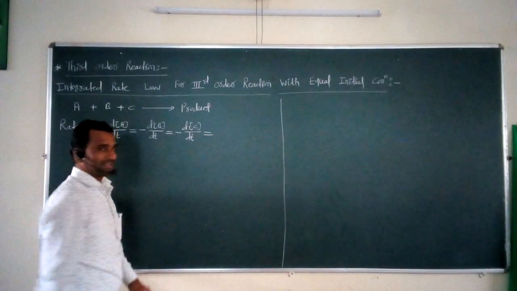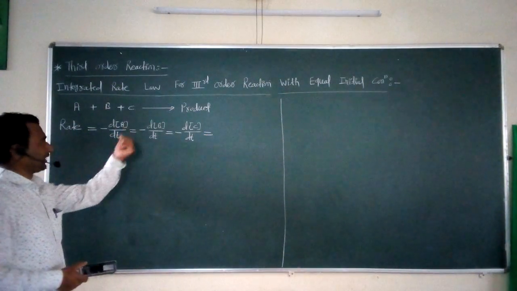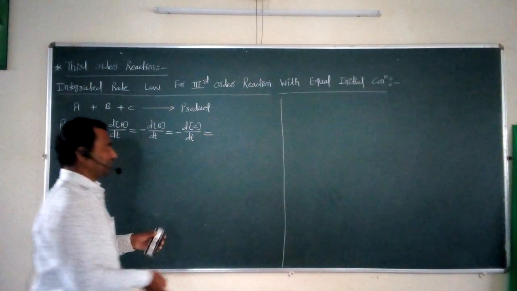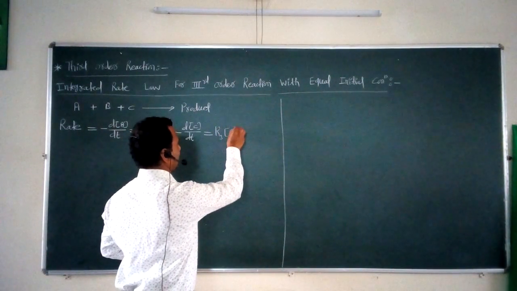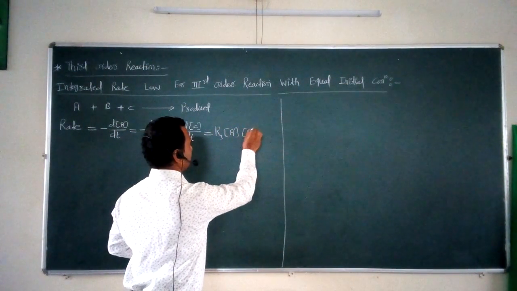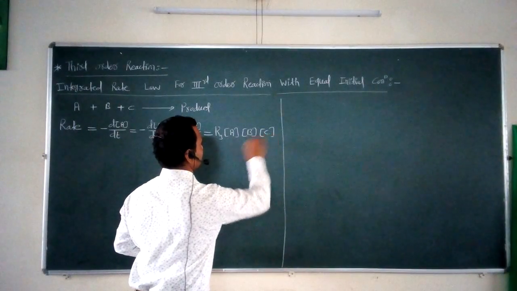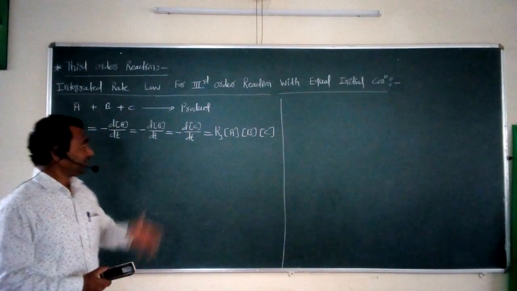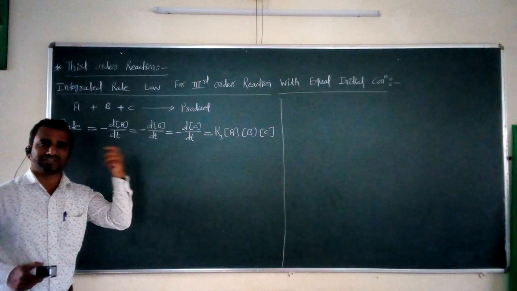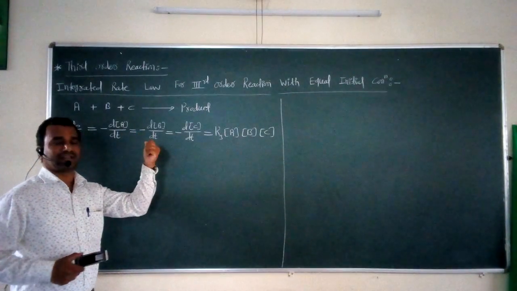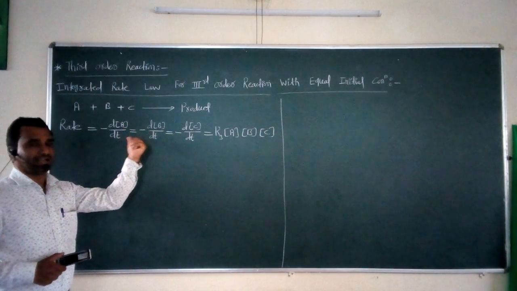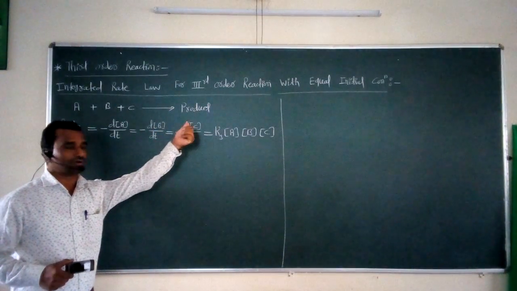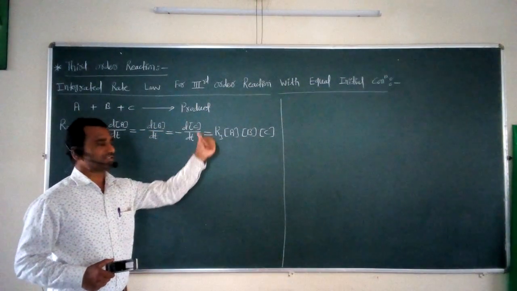now how to write this? This is the rate of a particular chemical reaction, equal to K3 into concentration of A into concentration of B into concentration of C. Now what is the meaning of this? This is a general chemical reaction. For the same chemical reaction, if we want to write the rate of the reaction, then that rate is equal to minus dA upon dt equal to minus dB upon dt equal to minus dC upon dt is equal to,